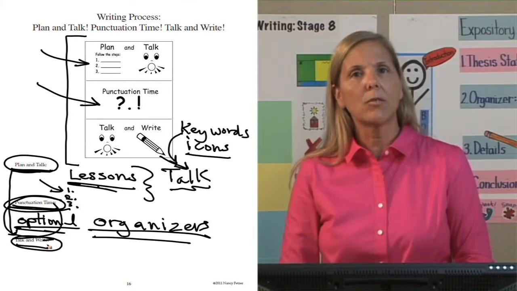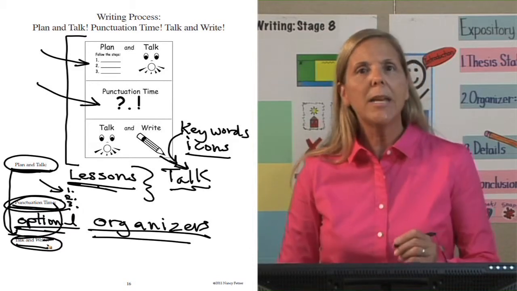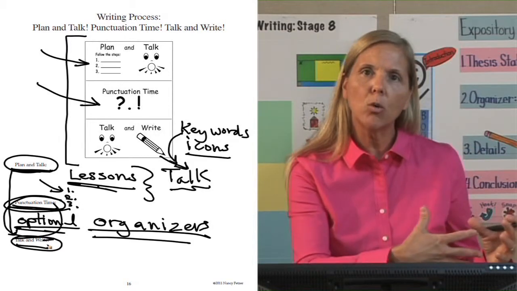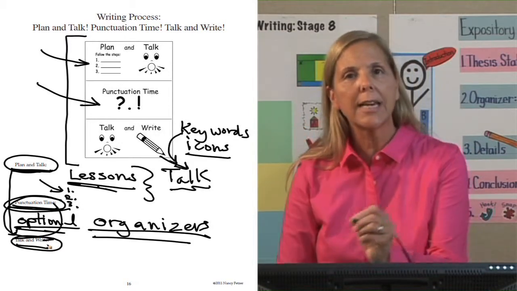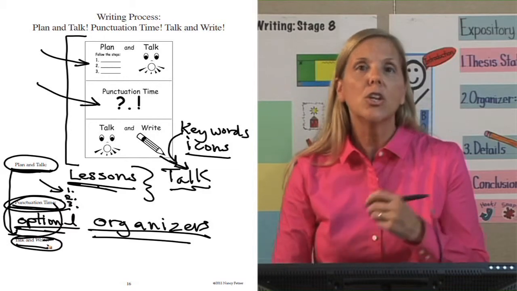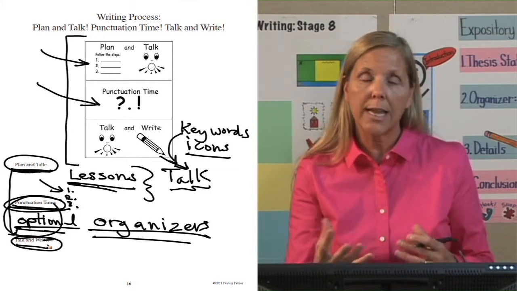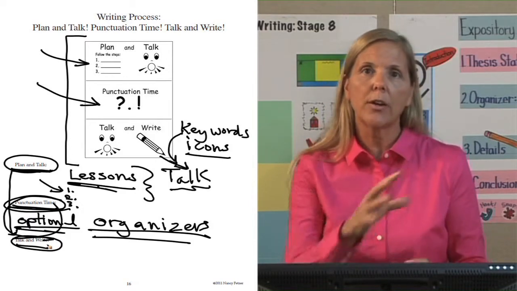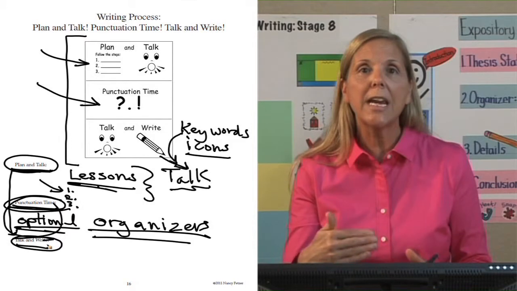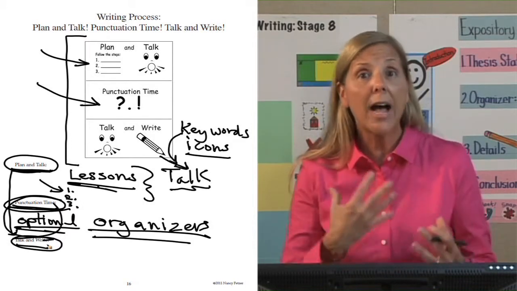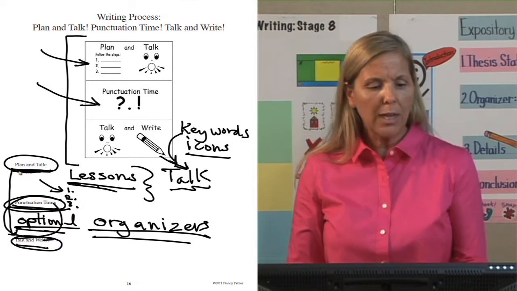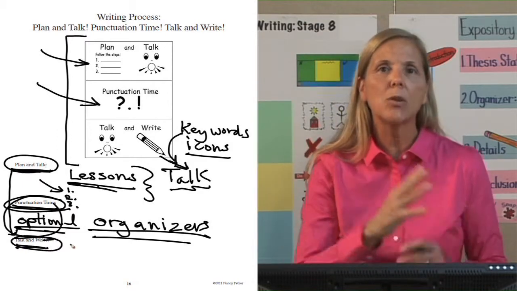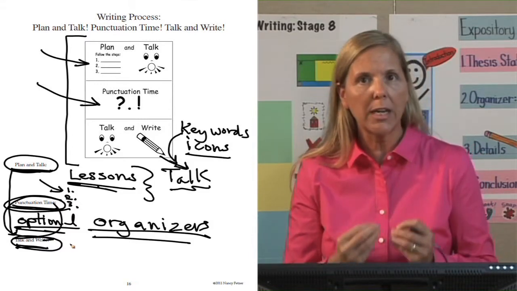The next thing that talk and write does, rereading. Many children write and they never go back and reread. When you reread your organizer, then you reread your sentences and keep adding more as you're doing this talk and write process. Again, that is absolutely critical so that students not only use their organizer, but reread and through the talk, revise. So notice through plan and talk and write, we're constantly having children integrate revising throughout the writing process